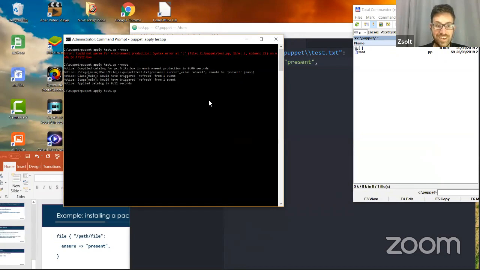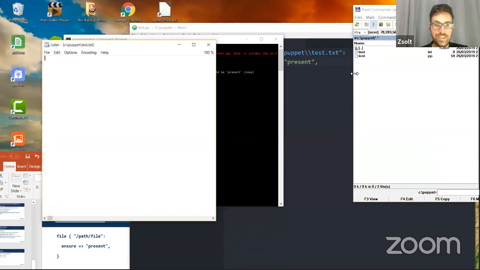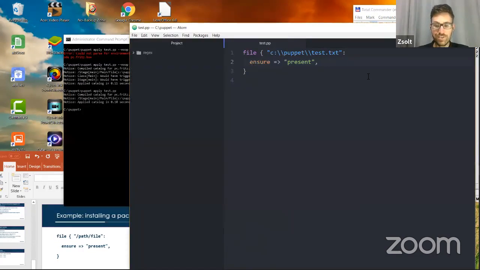It's running. It takes some time. It's not a big deal, actually. The changes have been applied, and you can see the test.txt file created. Now, the issue is that the test.txt file is empty so far. Let's see how we can give it some content. So content, typically we have a hello world program. So let me add hello world and the trailing comma, save it.